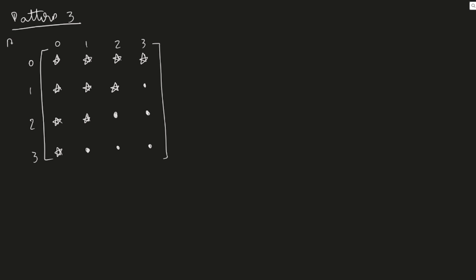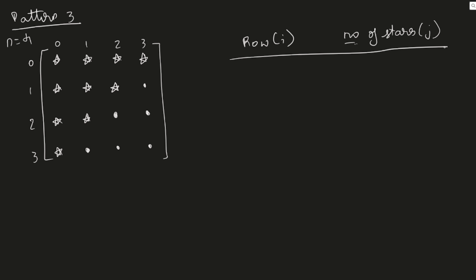Again, n is the same here, which is 4. Same table, which represents I, and the number of stars, that is J. For row 0, we have 4 stars. For row 1, 3 stars. For row 2, 2 stars. For row 3, it's 1 star. Well, the logic,